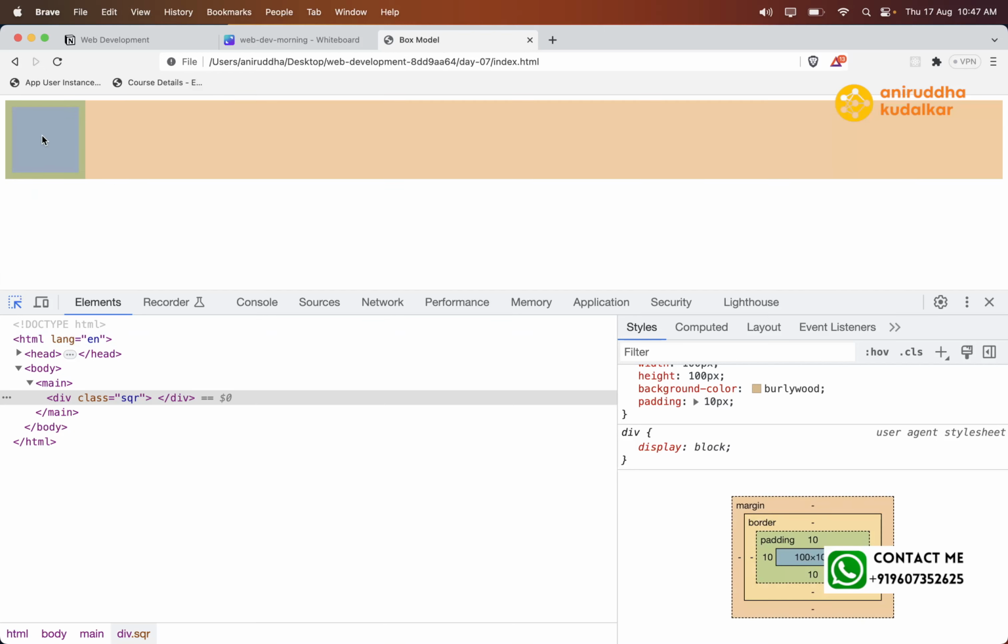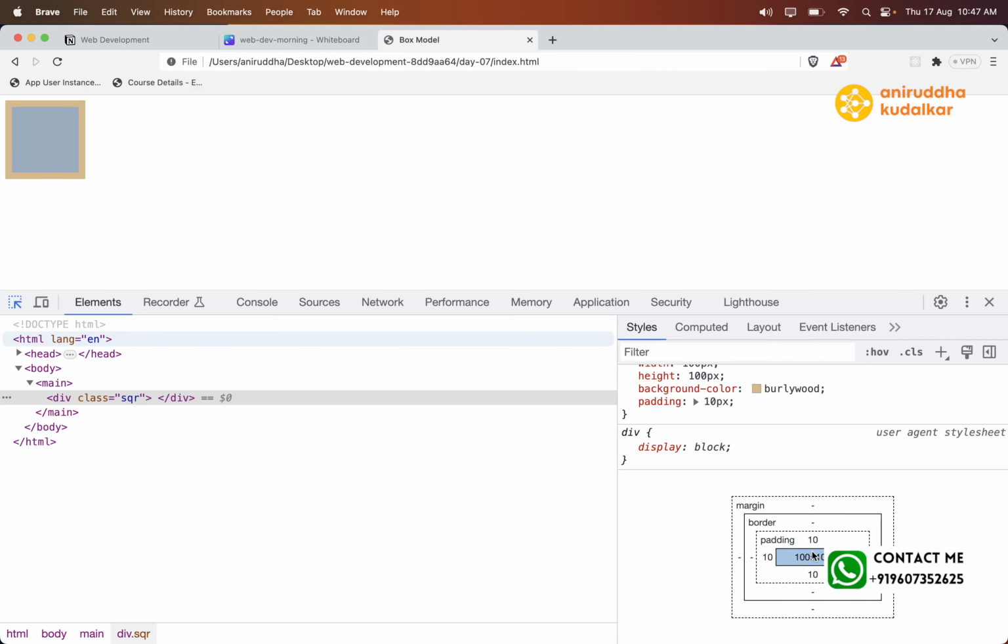So if you see here, there are two colors you may find. Can you see this is the original content color, and this is the padding color? So whenever you say padding, it is around the content. This is the padding, and this is the box model. Whatever I have drawn, this is actually in effect. So 100 by 100 is your actual content. Around that, can you see this little green one is a padding, and border will come around the